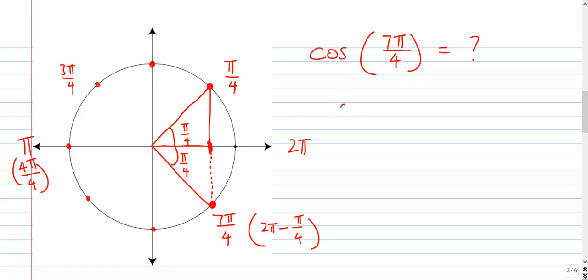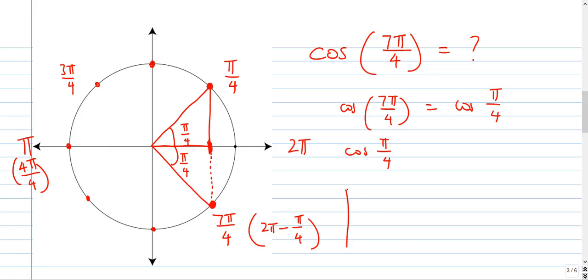So the unit circle has shown us here that cos of 7 pi on 4 is the same as cos of pi on 4. They're the same value. So therefore, if I can work out what cos of pi on 4 is,